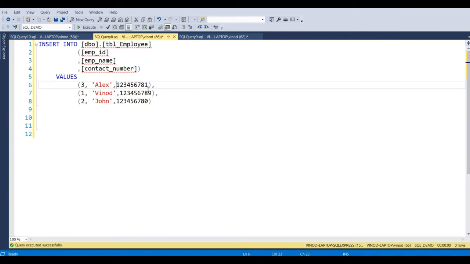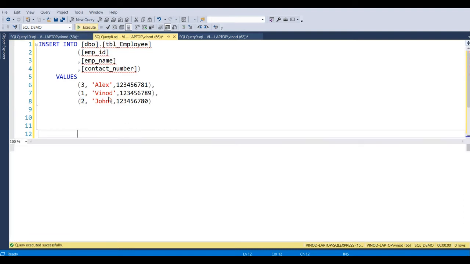Next we'll perform an insert in this table which has employee ID as the primary key. You can see we are inserting in the order 3 first, 1 second, and at last a record with employee ID 2. Let's perform our insert.